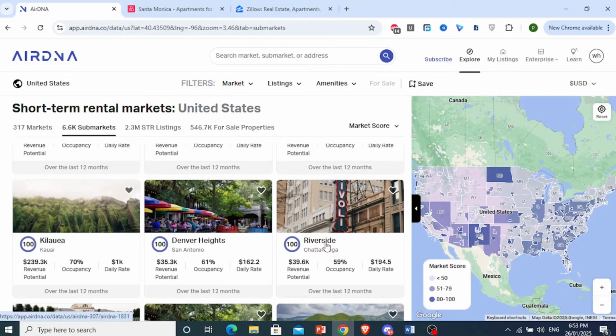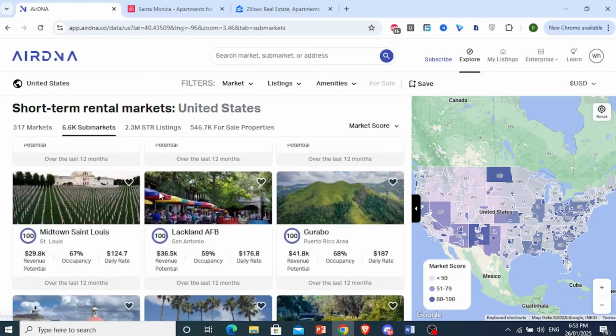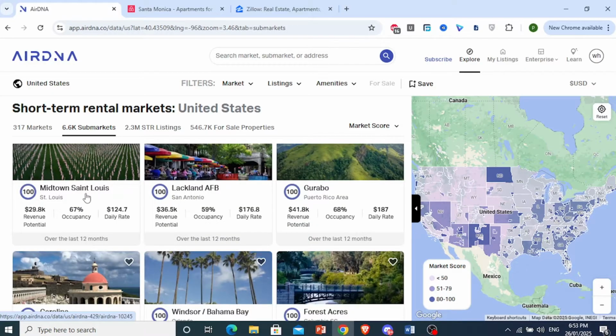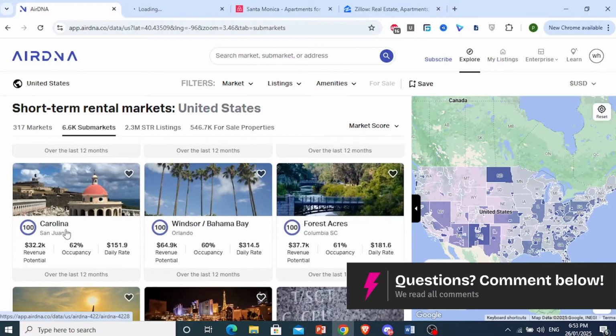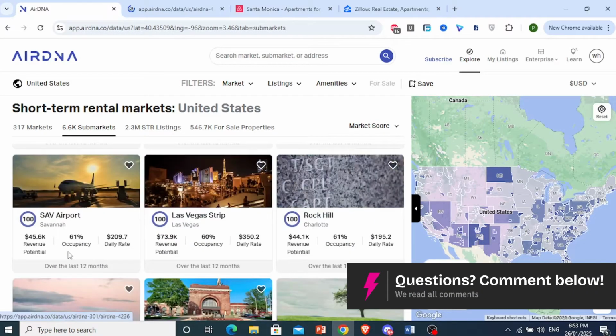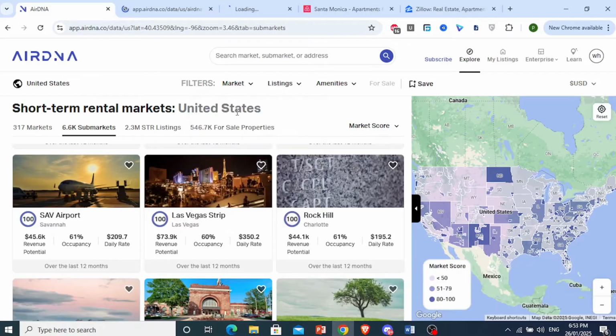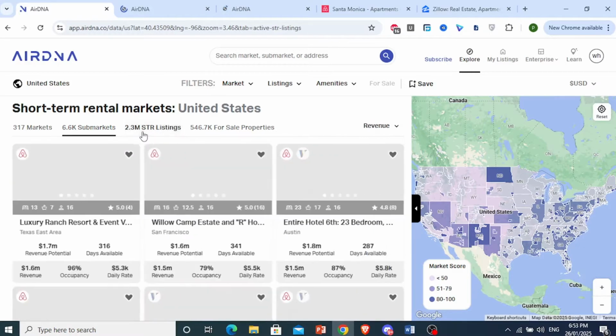We have Riverside, okay. We have Midtown St. Louis. Let me open this up in a new tab. We're going to go in and look at that. We have San Juan, Carolina. We have the Las Vegas Strip. Let's look at this. All right, you can also see the short-term rental listings right here, and here you can